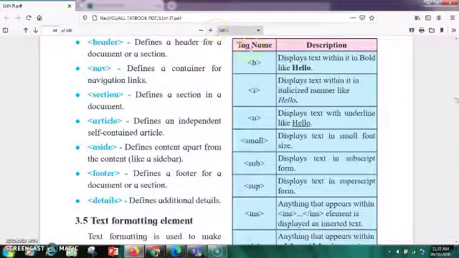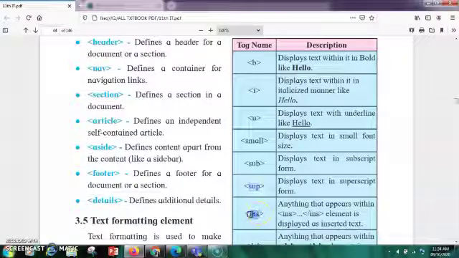To make your text bold, we will use the bold tag. To make it italic, we use the I tag. To underline, you will use the U tag. Next is small size. By default there is a specific size, and if you use the small tag, you will get it a bit smaller than the default size. Next is the sub tag. Whatever you write in the sub tag will be displayed one step below, and whatever you write in the sup tag, that is superscript, will be placed one step above the text line.